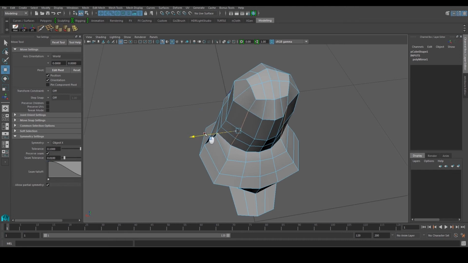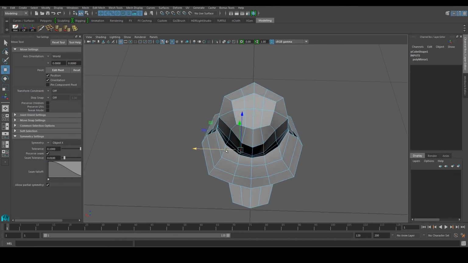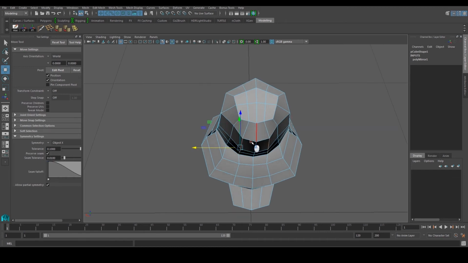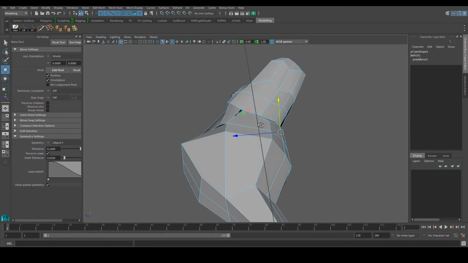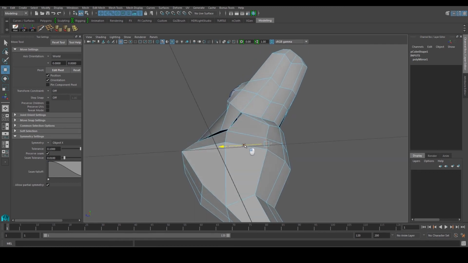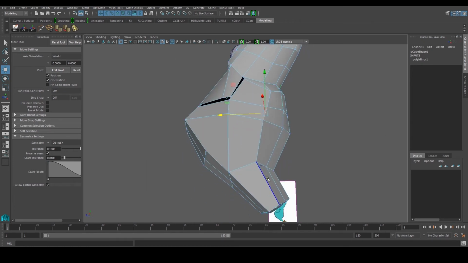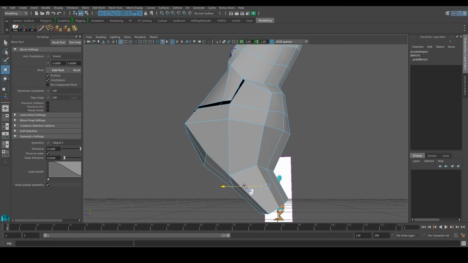Want to push them out, push them in. We basically want to make it as round as we can get it to be. Again, it doesn't have to be perfect or anything like that, just as much as we can get it to be. Again, same thing for the neck as well.